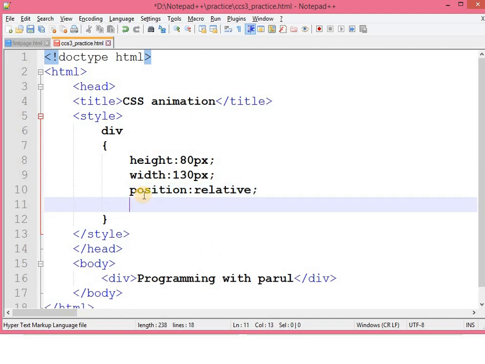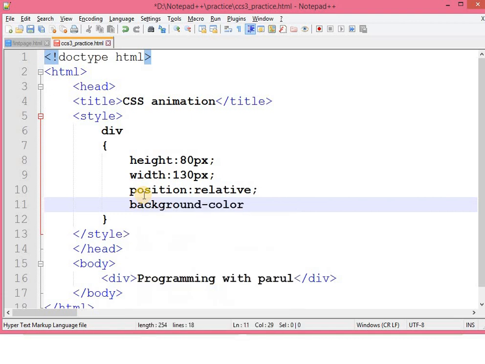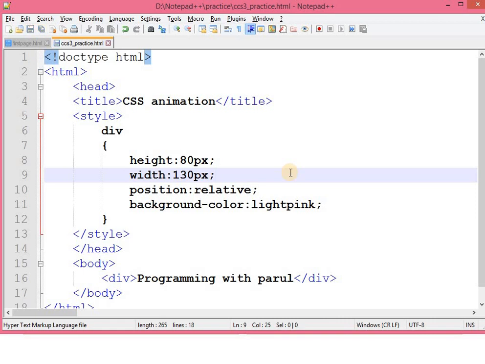Now you know the difference between fixed position and relative position. After that I want to have background color light pink. Okay, this is my basic simple style that I want to apply to my div tag.